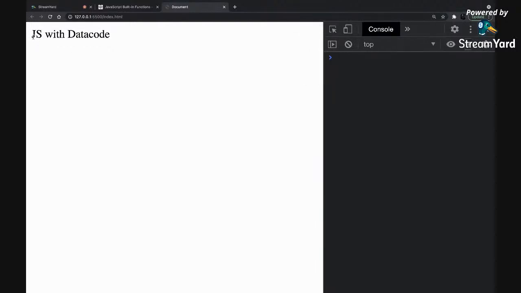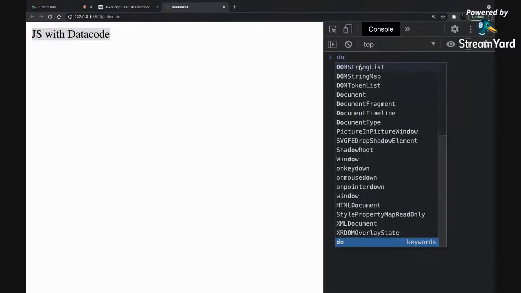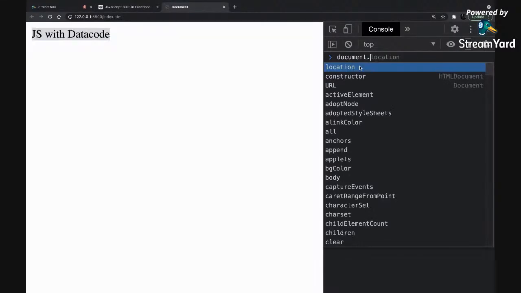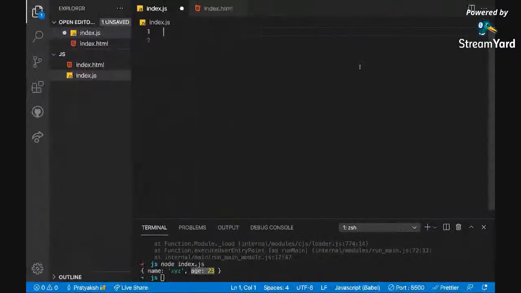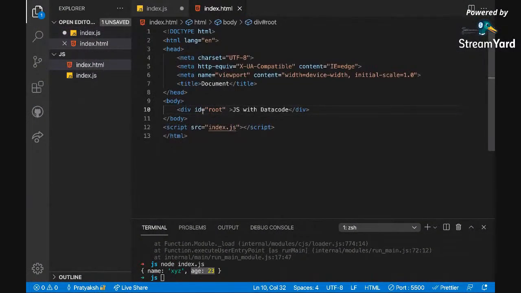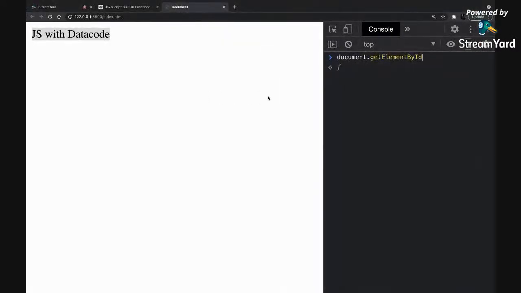Now, if I want to access this JS with Dev Code, I can simply write over here document, and in this document I want to get an element by ID, because I know each and every element has a unique ID, and if I want to get an element, I can use that identifier to get that element.